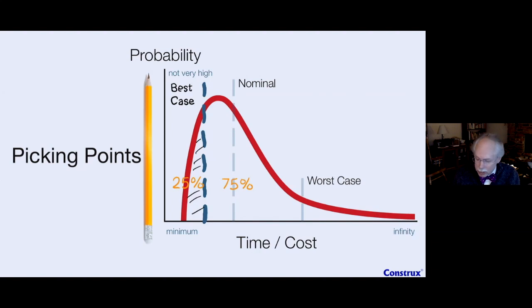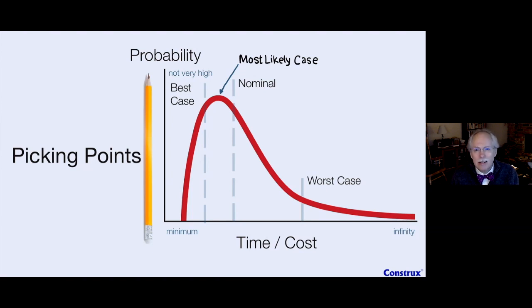Now, you may have run into one other point on here. If I just sort of pencil it out here, it's called the most likely point, or most likely case. The most likely case is the case out here where it's the highest possibility. Now, it's not very high to begin with, so it's not a great shot, but it's the most likely case. So those are the things I'm going to be playing with here to try to come up with these 3 different types.